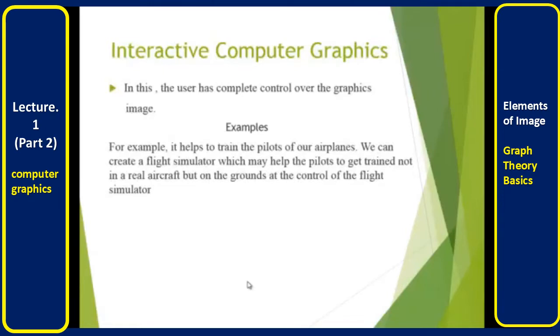First, interactive computer graphics. In this interactive computer graphics, the user has complete control over the graphics image. For example, it helps to train the pilots of our airplanes. How does it train our pilots? For example,